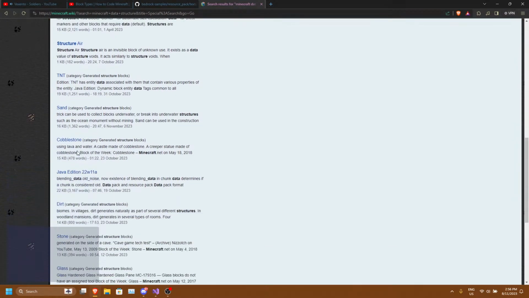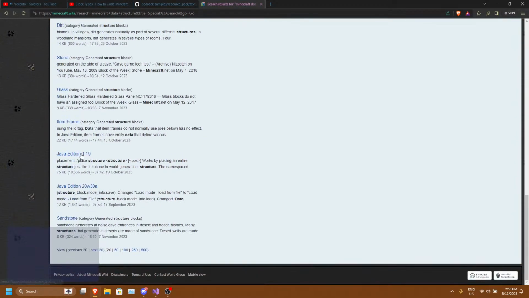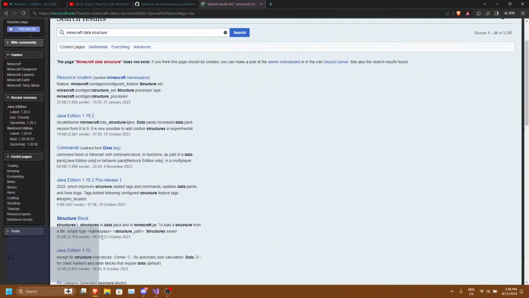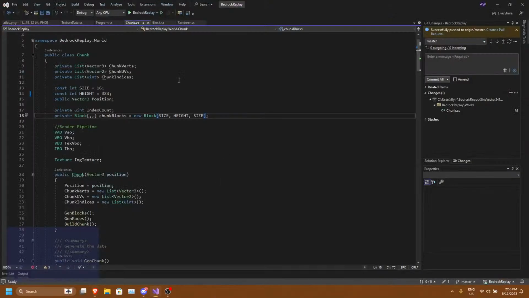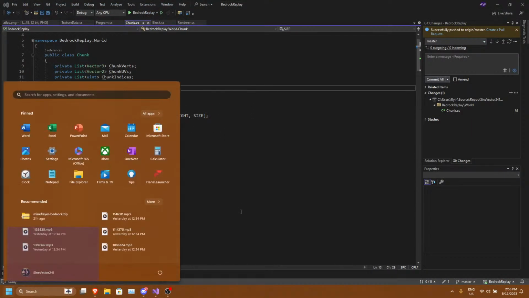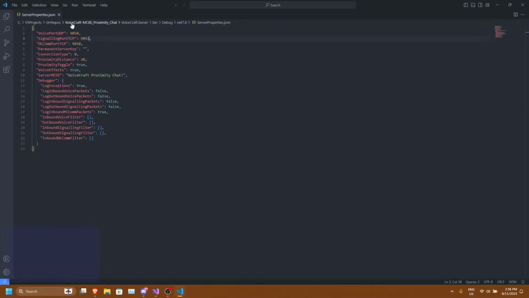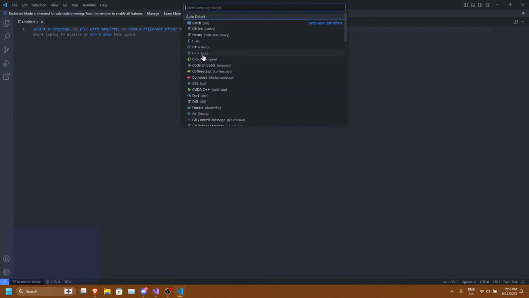Structure data. There is a data structure somewhere. Okay, well, I can't really remember it, but basically what happens is, well, let me put up Visual Studio Code. Right, so we'll just say,